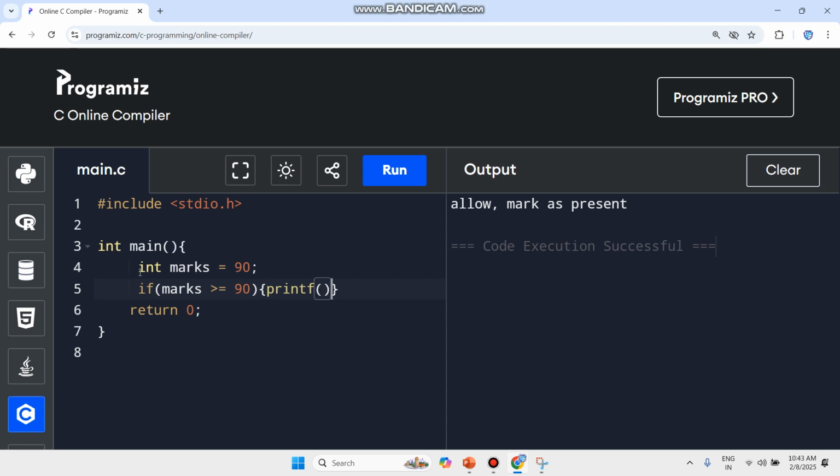Don't forget to use the semicolon. That print statement is saying grade A, right? Okay, after that again else if